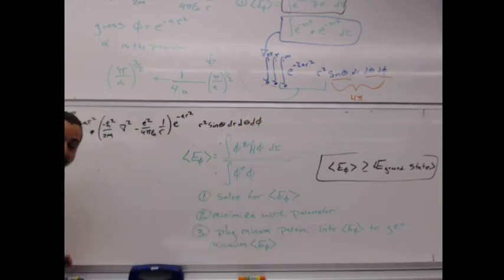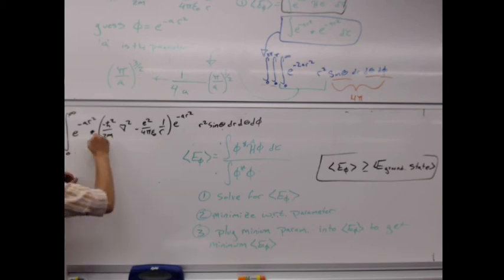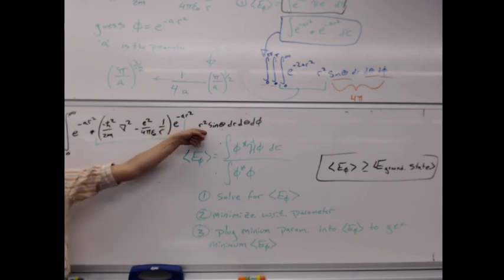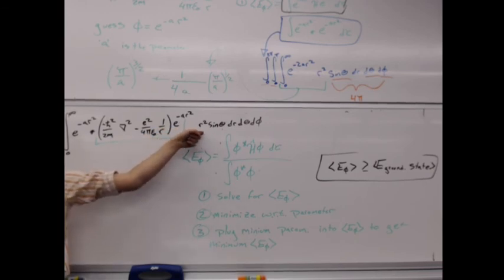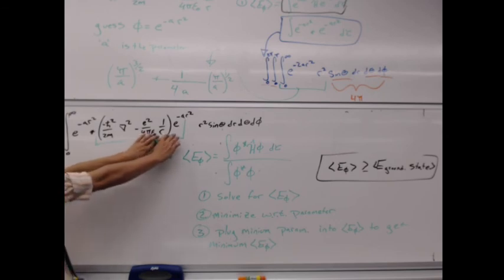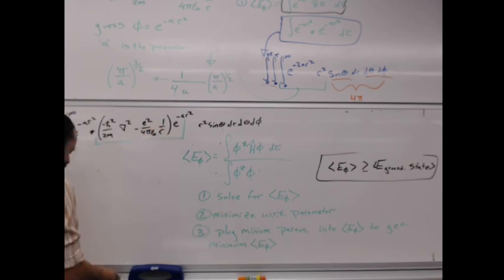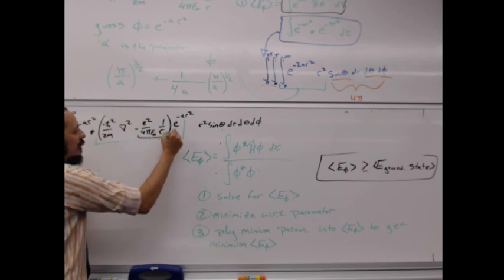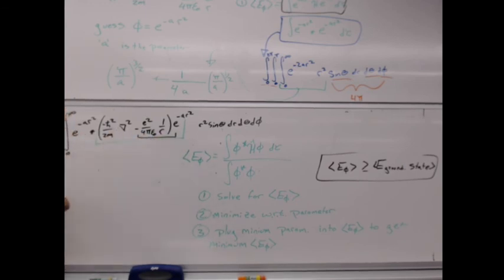And I want to point something out that's really important here. When this operates, it operates on the e to the minus ar squared. It doesn't operate on the volume element. It's just operating on the wave function, not the volume element. So make sure when you're setting this up, you're paying attention to that. Okay. So this term's easy, right? The second term is easy because there's no derivatives or anything. The first term's not actually as bad as it looks